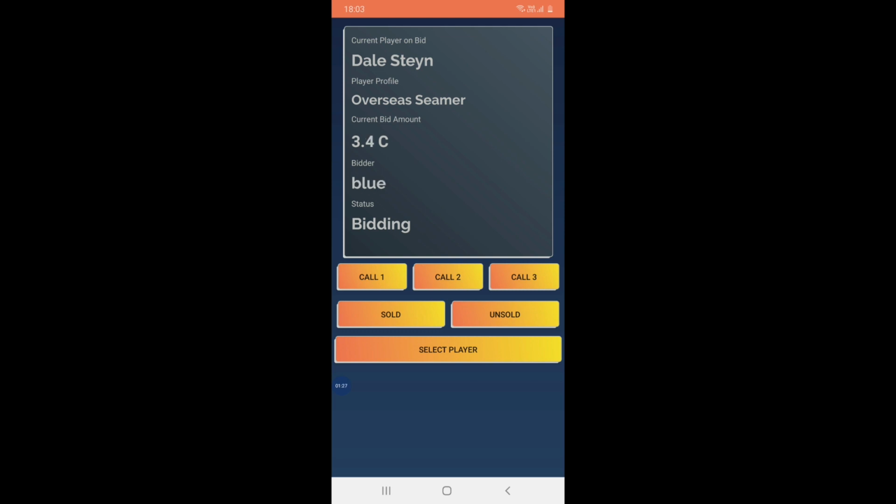If the bidding stops for a while and there are no more players willing to bid on this particular player, then you can start calling for the player. If any player suddenly bids at the last point of time, you have to always start from call 1.